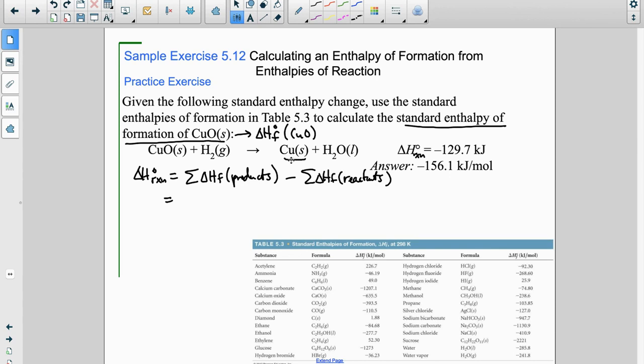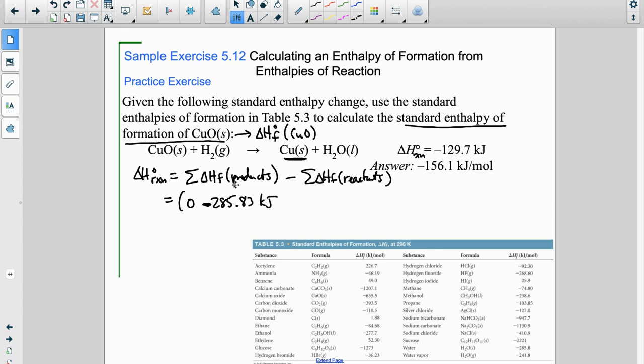Well, that's an element in its standard state, so that's going to be 0 for the heat of formation. And then we have one mole of H2O liquid. And so for that, we're going to use our heat of formation for H2O liquid, and that is a value of minus 285.83